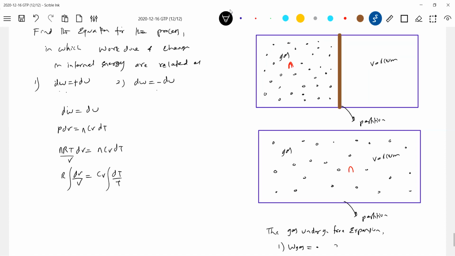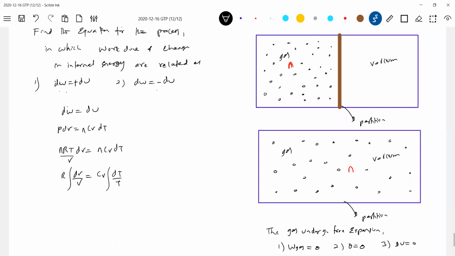Zero. Any heat supplied? No heat is supplied. Any change in internal energy? Zero. Is it isothermal process? Yes, it is. Is it adiabatic process? Yes, it is. So better don't call it either. Better say the gas will not undergo any process here. That's what in chemistry, I think you go in detail, enthalpy, entropy. In physics, we call it free expansion.